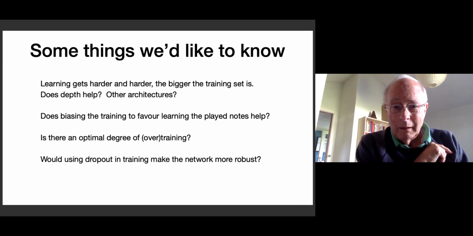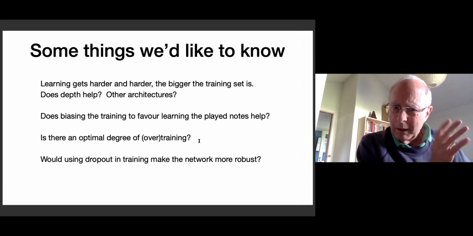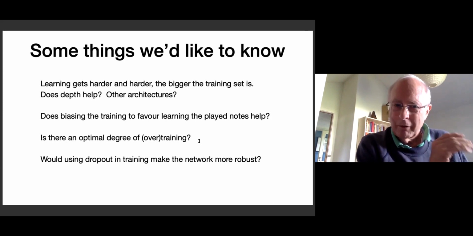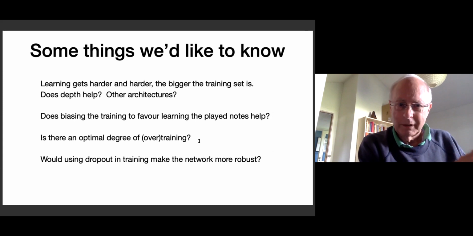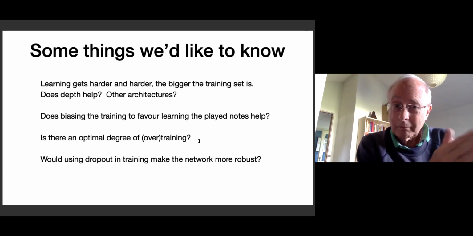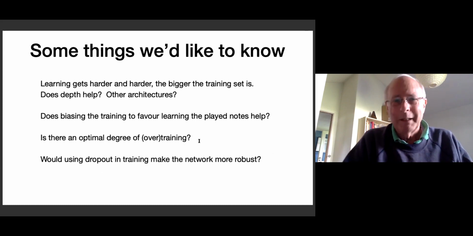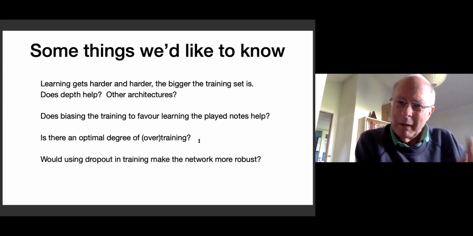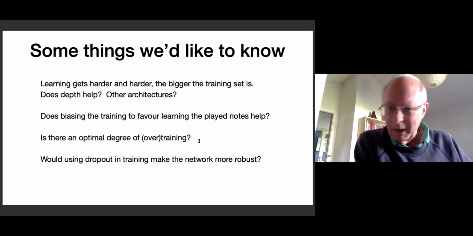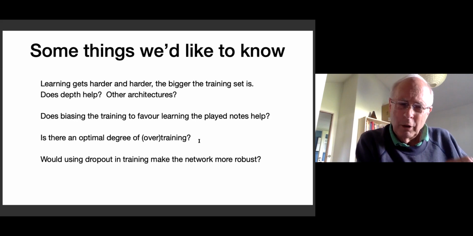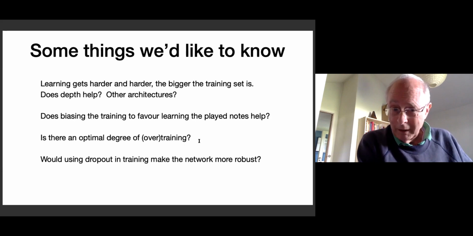I said you had to overtrain, but in really small sets, we could really train to death, down to 0.001 or something. And then when we tried doing this procedure on them, it would take the part that it was trained on perfectly, and then just repeat it and repeat it. It didn't really compose anything new. So maybe you shouldn't go all the way down, but what's the optimal degree? We don't know.